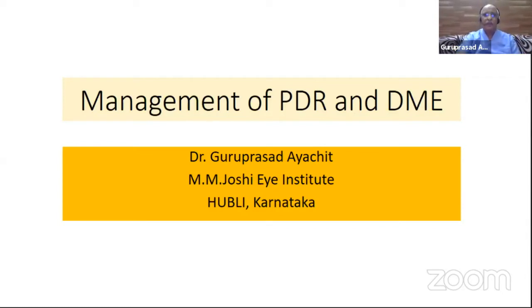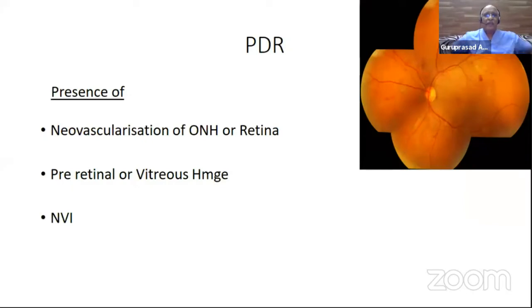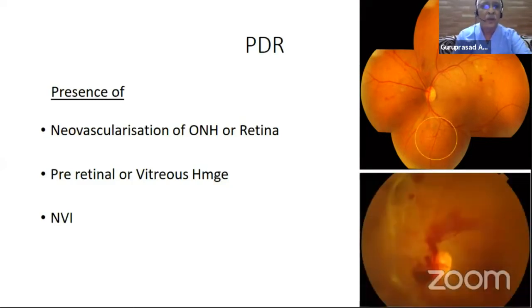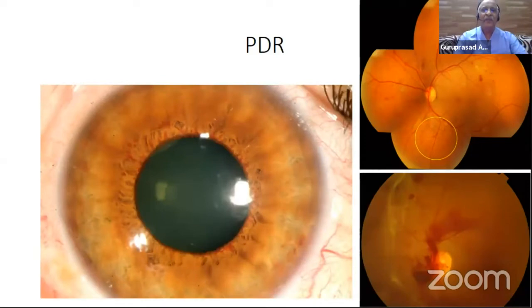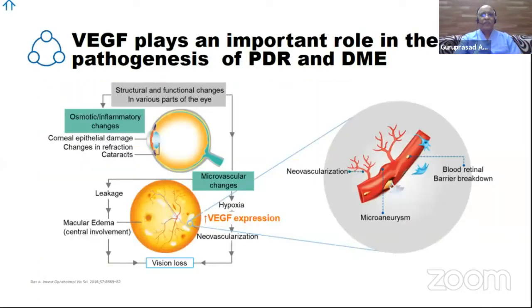I've been allotted the topic of management of PDR and DME, and I hope I'll do justice to it. Here I go. So PDR is the presence of neovascularization of the optic nerve head or retina, or the presence of preretinal or vitreous hemorrhage, or NVI. Any of these three if present is PDR. So this slide is already shown about a couple of times by the previous speakers. I will not go into the details except to say that VEGF plays an important role in the pathogenesis of